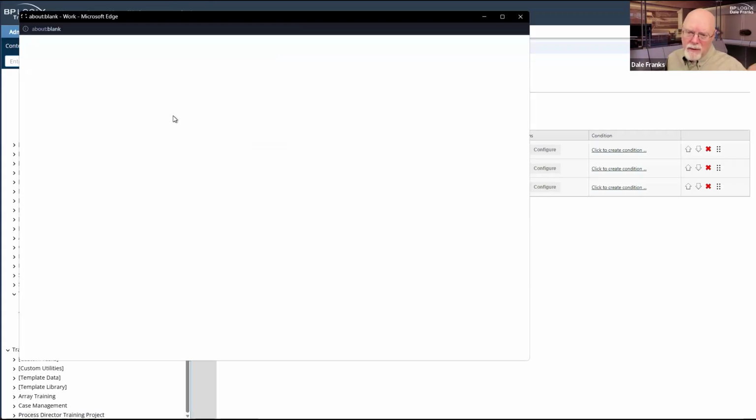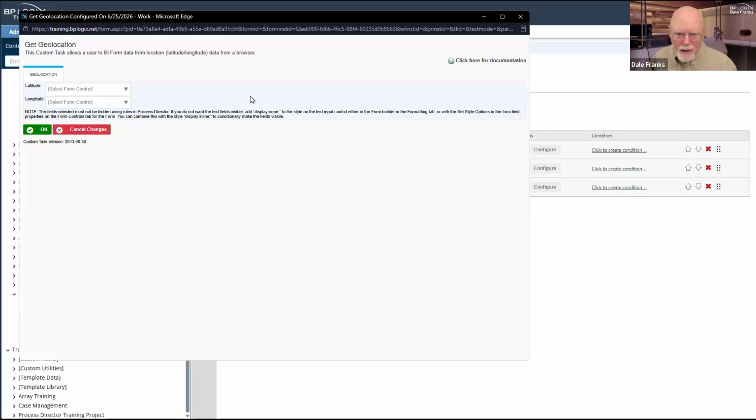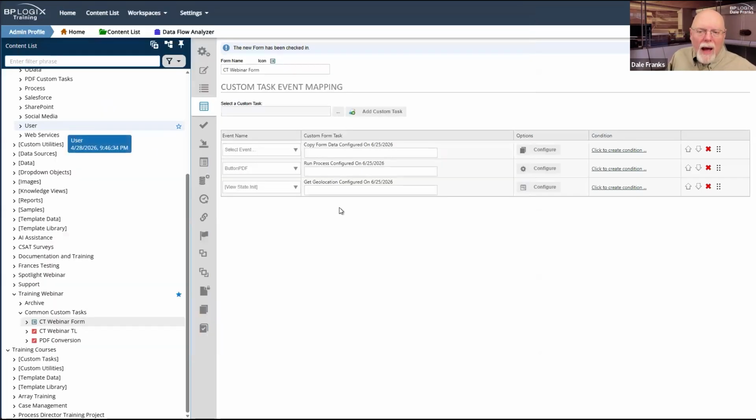And you'll want to take whatever the lat and long are, and you're going to want to put them into a form field. And it's a really simple thing to configure. You just say what field stores the latitude and what field stores the longitude. And no human is ever going to invoke this, right? Other than by opening a form.